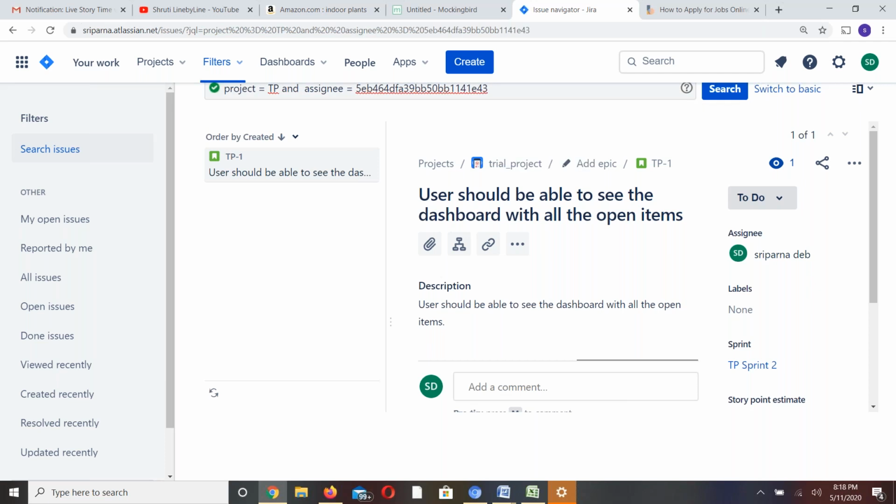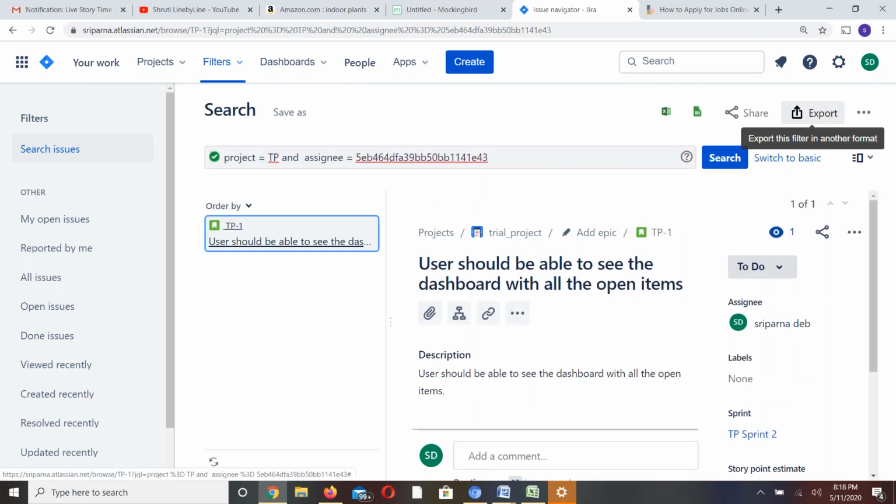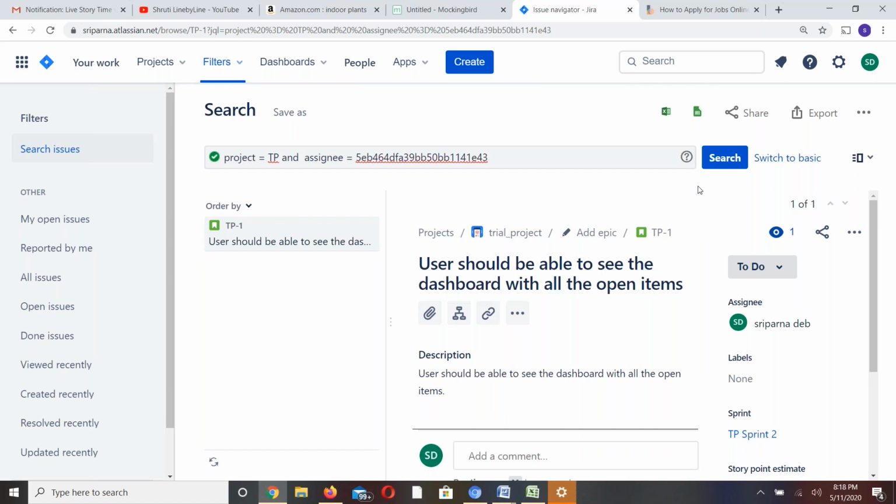I clicked on search. Right. So it shows one item because we have only one item created. Like this, there are hundreds of items that you would be having, and maybe a couple of items are assigned to person X, a couple of items are assigned to Y. And if you want to write a filter, you can simply write it as a simple JQL query. So you can put it as n number of filters.